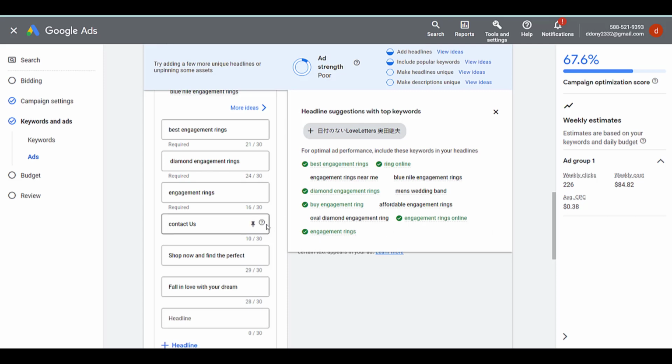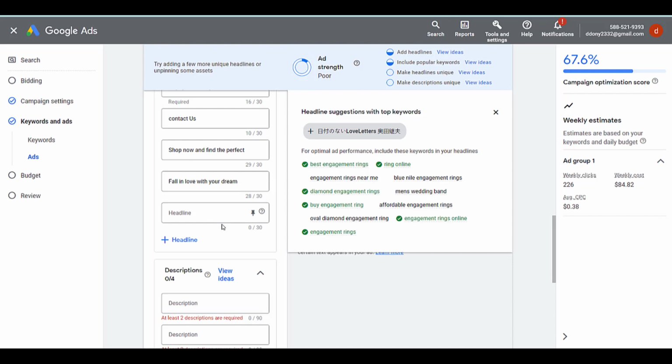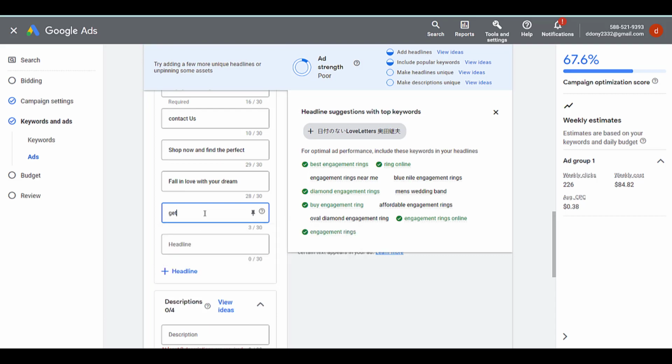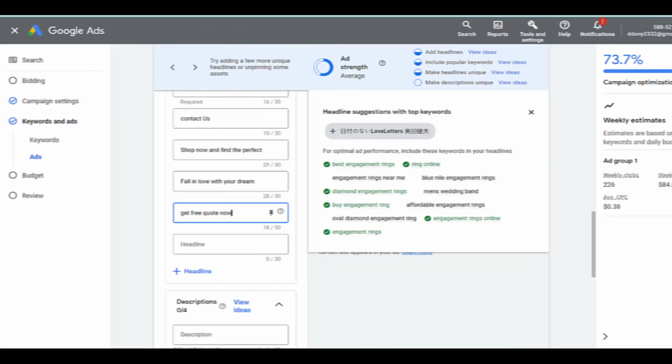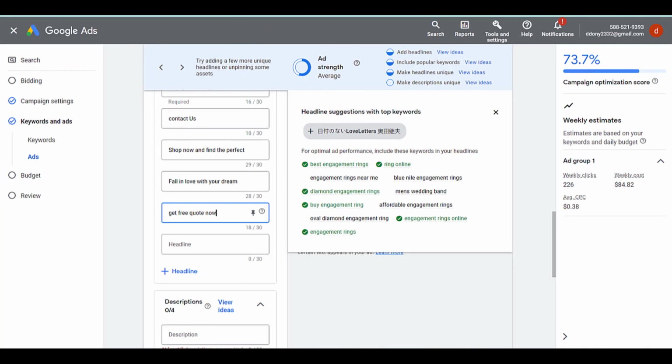What I like doing here is adding a whole bunch of calls to action, like get a free quote right now, and let them know what's going to happen after they actually click on your ad.